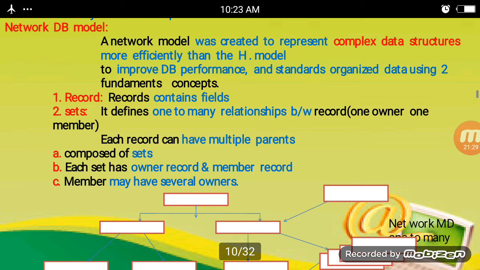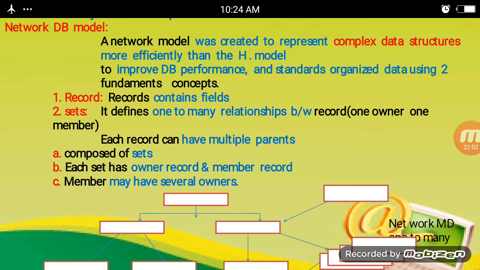A network model was created to represent complex data structures more efficiently than the hierarchical model. To improve database performance and standardize organized data, it uses two fundamental concepts: first is the record and second is the set. A record contains fields, and a set defines a one-to-many relationship between records: one owner, many members.